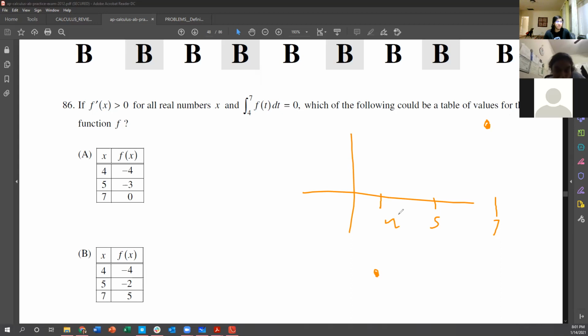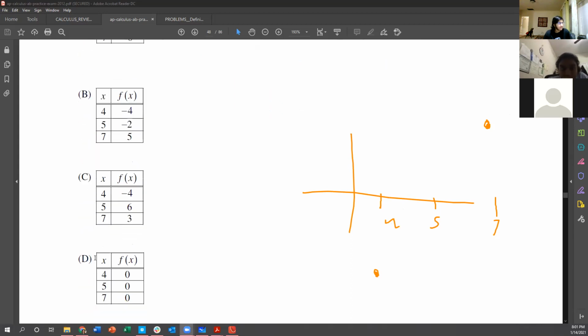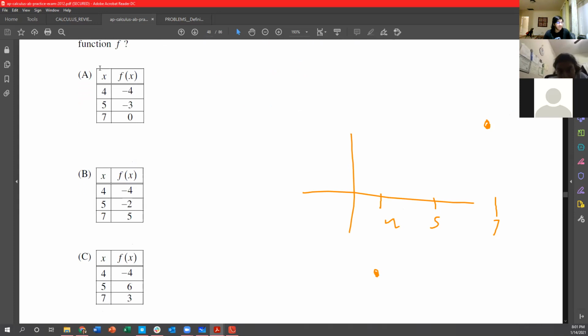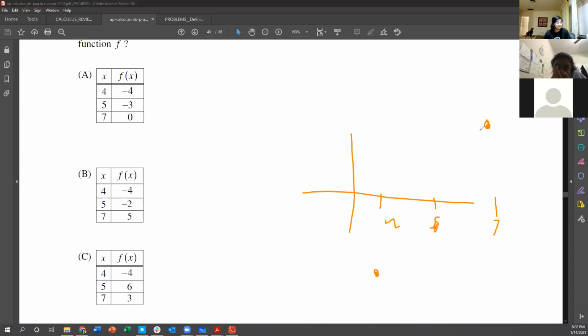f of 7 will always be greater, so f of 4 has to be negative. If f of 4 isn't negative, you can immediately eliminate your answer. Well, this is 0, 0, 0. That wouldn't work, obviously. So here, f of 4 is negative. That happens to work. A wouldn't work because that implies that everything is negative, because it's -4, -3, and 0. Everything would be negative, so the net change wouldn't be 0. It would be negative. So our possibilities of working right now are -4, -2, and 5, or -4, 6, and